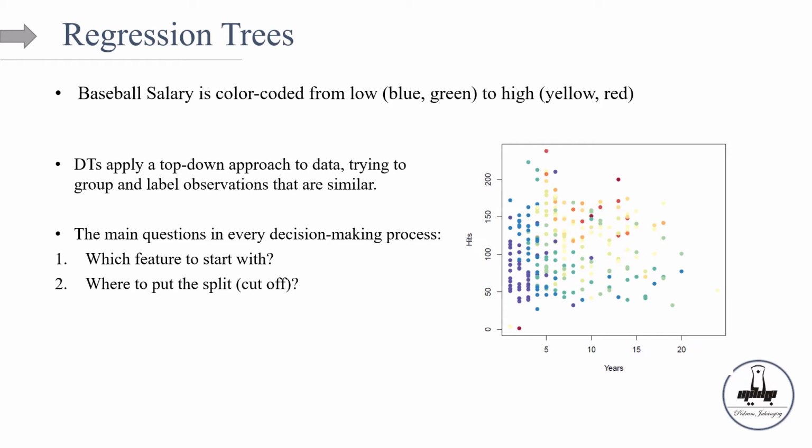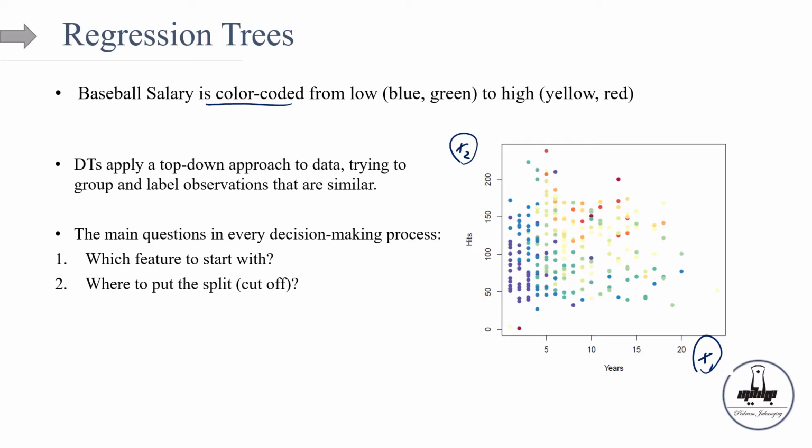Starting with regression trees. We're going to work on an example called baseball salary, and I borrowed this example from the Introduction to Statistical Learning in R textbook. This is a main textbook for many introductory level courses in machine learning. In this example, the baseball salary is color coded, from low, basically blue greenish dots, to high, yellow and red. Look at that, we have two features, x1, x2, and guys, remember, this is regression, so